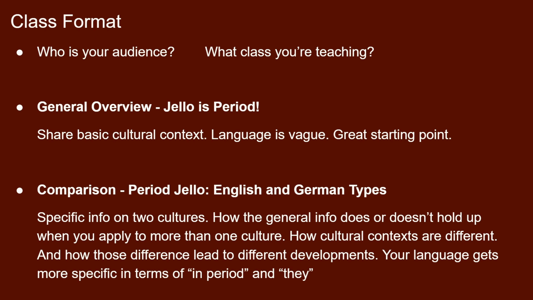For helping with vague language, that is always the first step I tell people when they're ready to start improving on a class. Anytime in my outline that I say they or in period, I put it in a different color font and I make it bold, because that's my cue to go back and look that up and make it more specific. I also do that with any cultural terms to remind myself to go in and give a definition of that so that my audience will know what I'm talking about. That's kind of the first step to it.